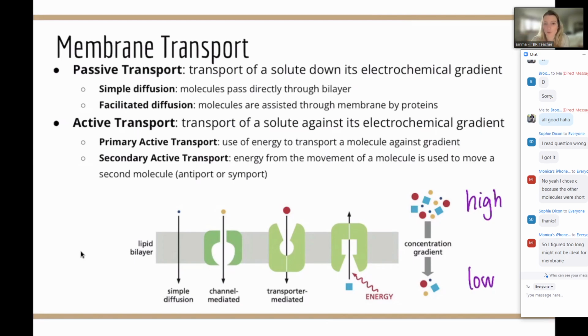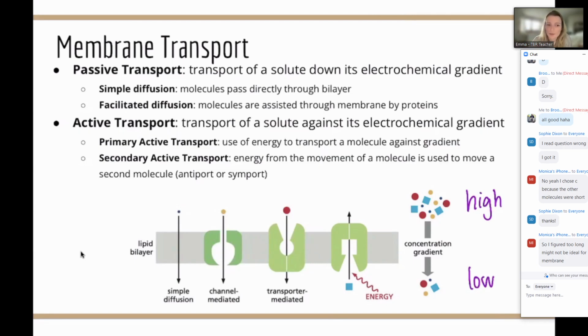When we think about active transport, there are also two categories. I would say these are less common terms, but it's good to be familiar with them. You have primary active transport, which is basically using energy to simply get something from one side to the other. Glucose is a really good example. It takes energy to get glucose into the cell, and sometimes it's going against its electrochemical gradient, sometimes it's not. So potentially it could be passive or active. If it's passive, it's facilitated. If you're actively trying to get it in there, it's going to be primary active transport. But that's probably a confusing example, so actually I'll use a different one.